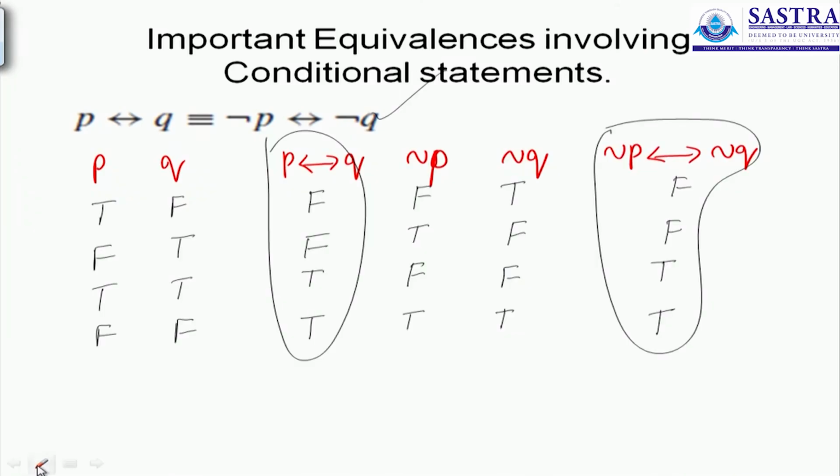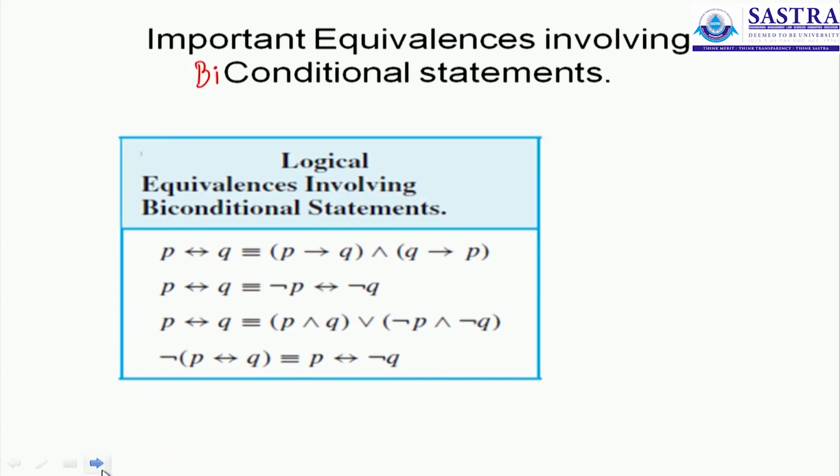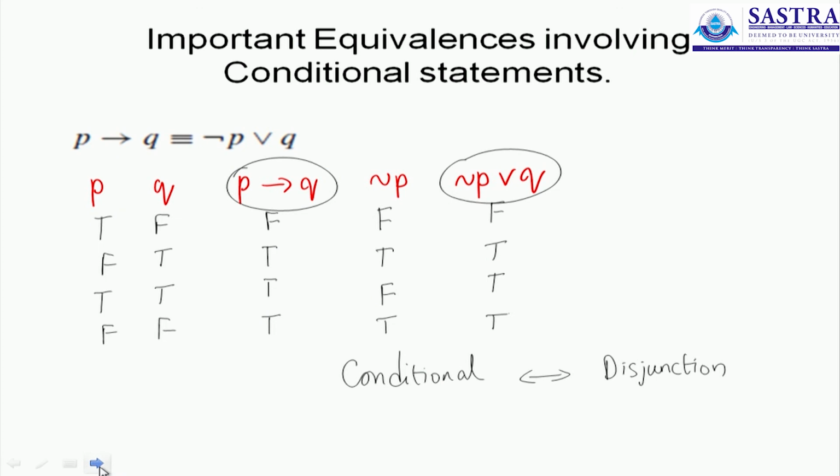So in today's class we have looked at how to show any two compound propositions are equivalent. We had a look at a list of 13 important fundamental equivalence statements between any two statements. We have listed them down in 2 separate images, one image for any two statements, one image for conditional statements, and one image for biconditional statements. And we have also verified a selected hand-picked set of statements which are compounded.